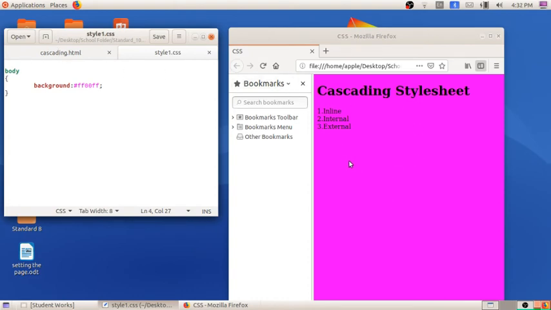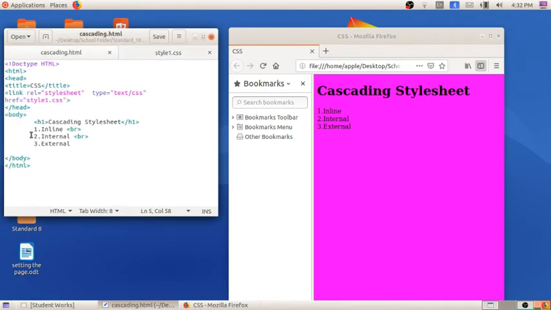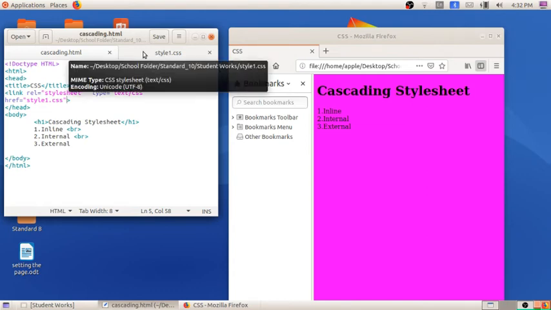So what we have done, instead of adding the style tag in the HTML code, we prepared a different file for the style tag. It is known as the CSS file, and we have to rename the file as style.css.